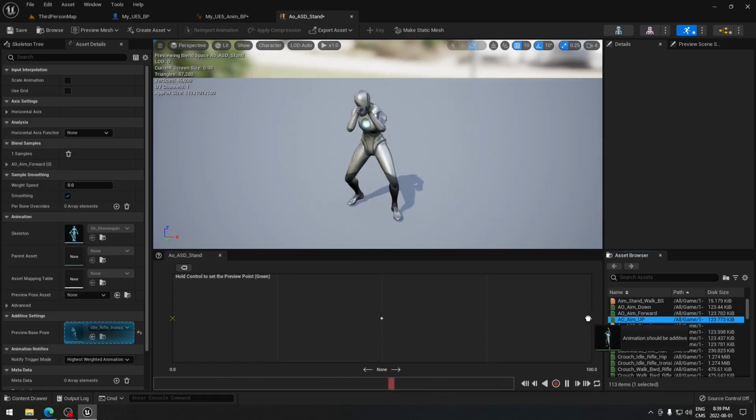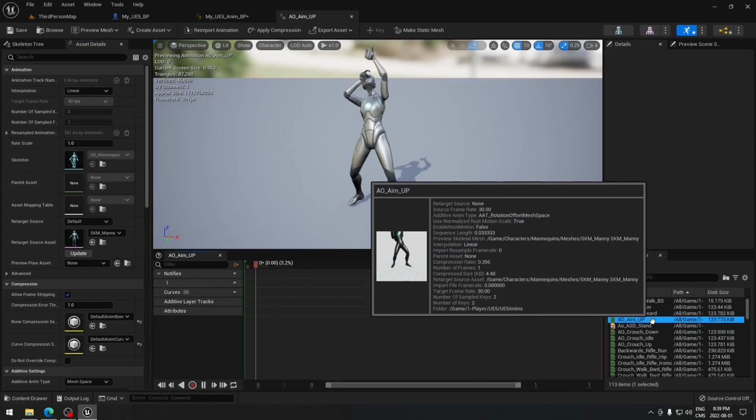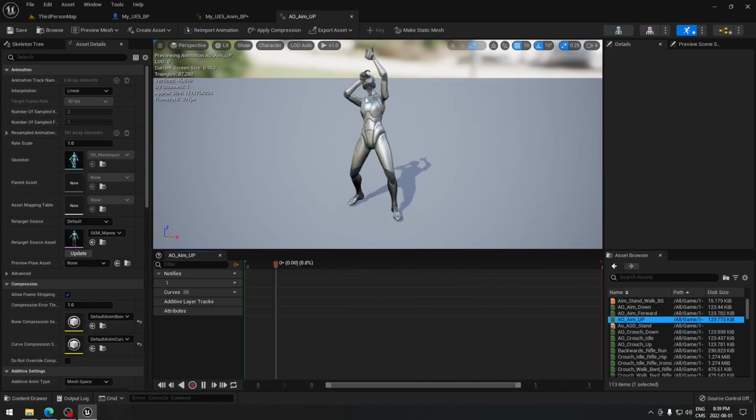And you have to drop it right there. Otherwise, sometimes you have a problem. So what we're gonna have to do is just fix that. So we're gonna open the aim up here. Just open this, and you see it's aiming up for us. So we're just gonna go down here,